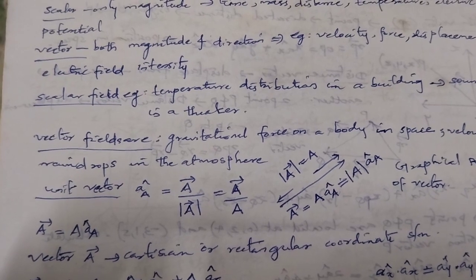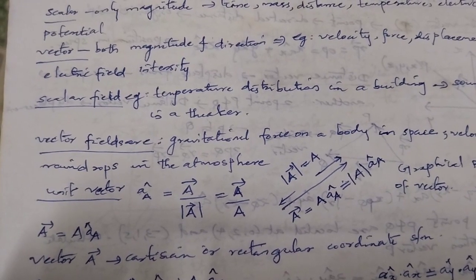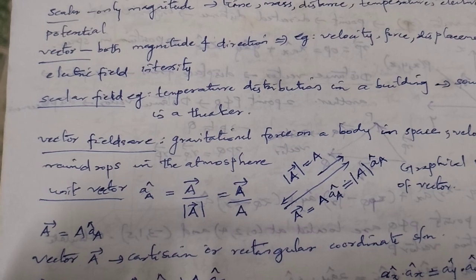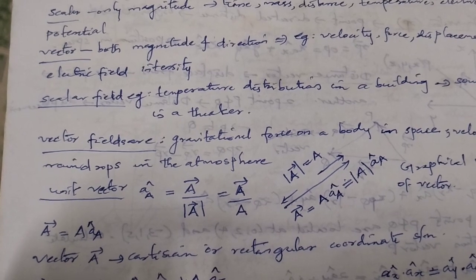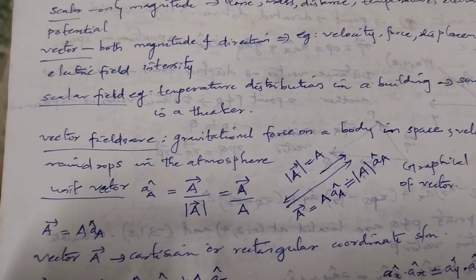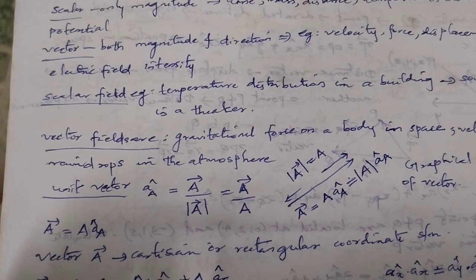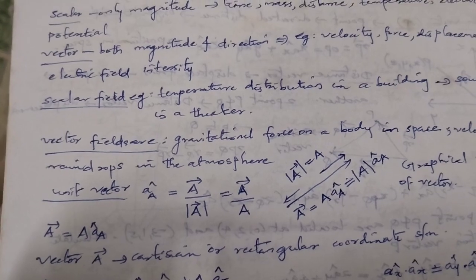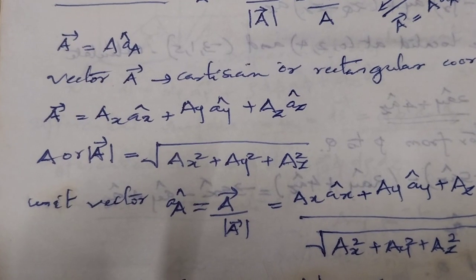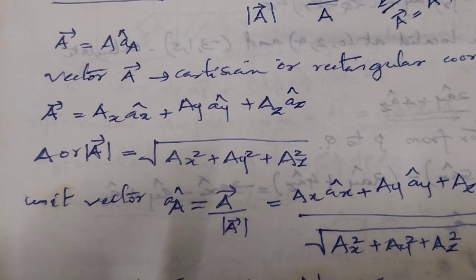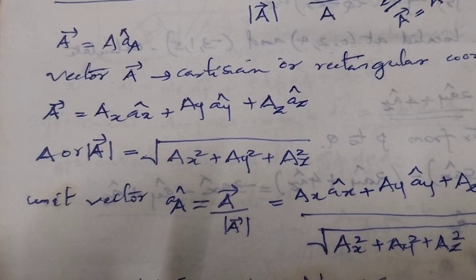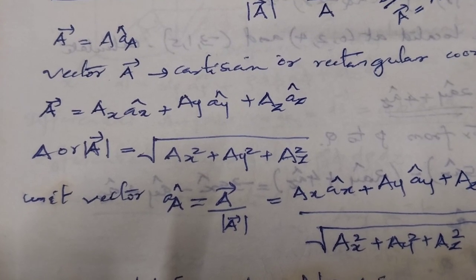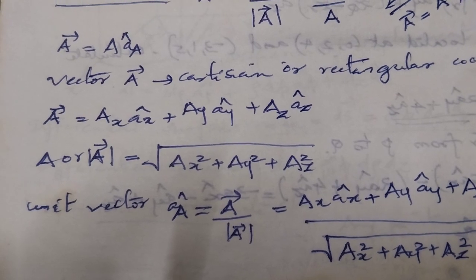Unit vector. A tau is equal to vector A divided by mod A vector, which is equal to vector A divided by A. A vector A is equal to delta